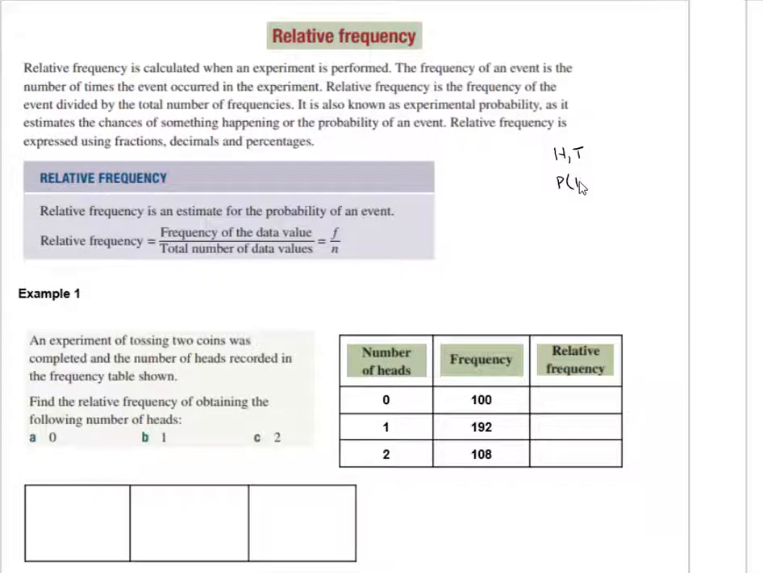heads and the probability of tails is a half. However, if we do an experiment, we know this is not necessarily going to be the case, because I could